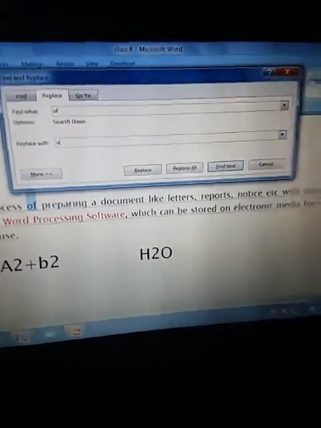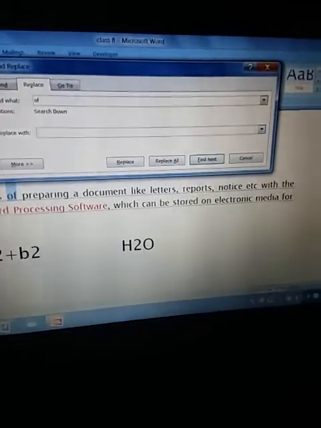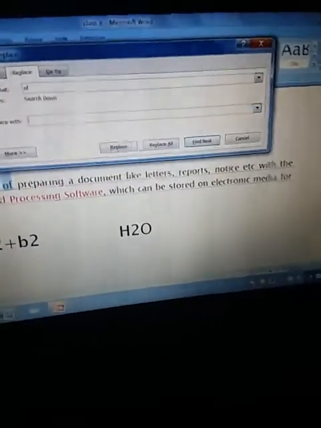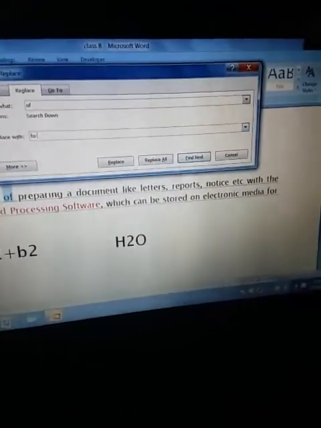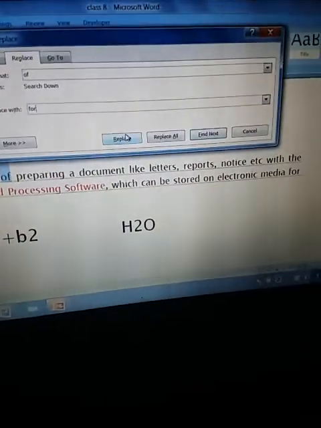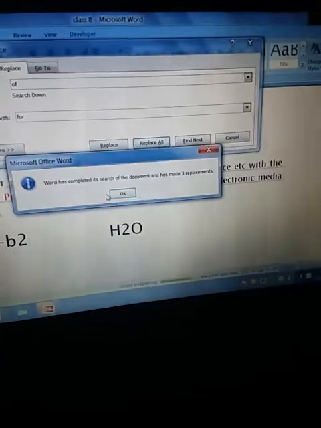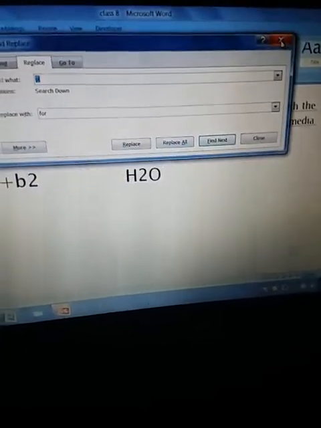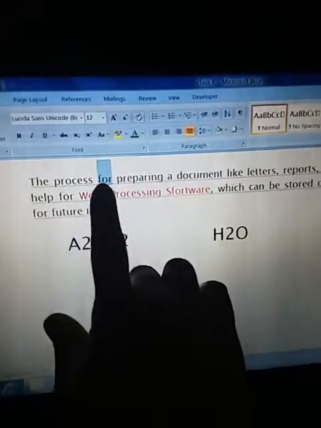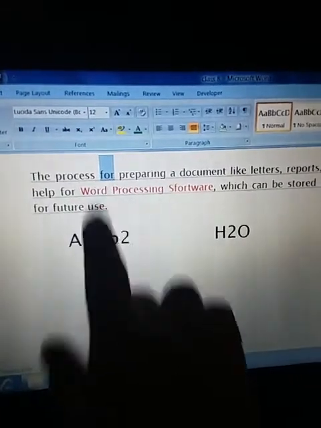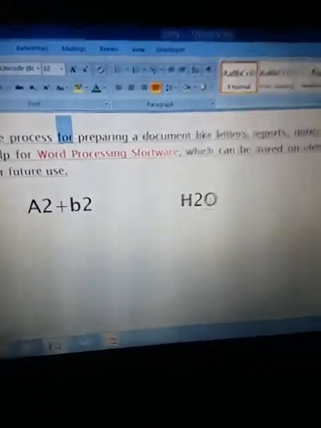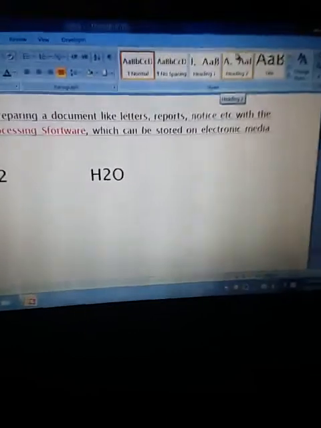Whatever new word you want to give. Suppose I want to give 4 in place of off. Just click on replace all. However many times you have written off here, it will be replaced with 4. So you can see here, firstly I had written off, now it has been changed to 4. This is the find and replace option.